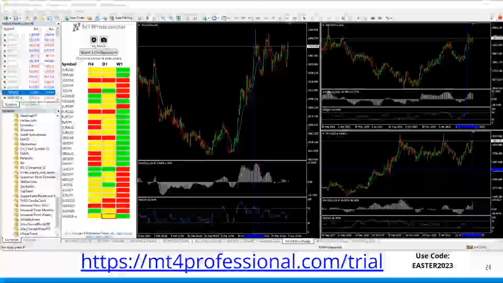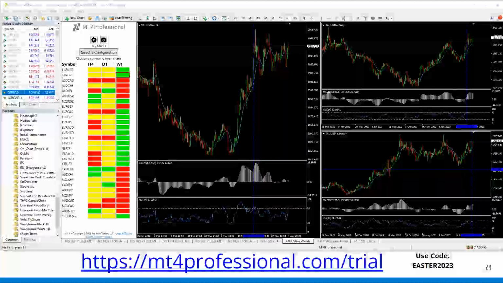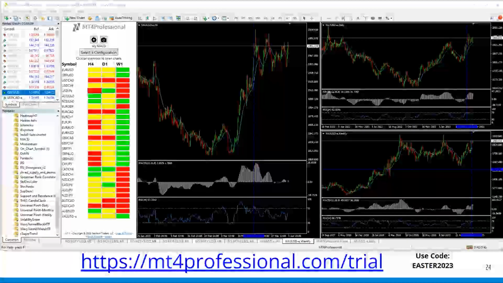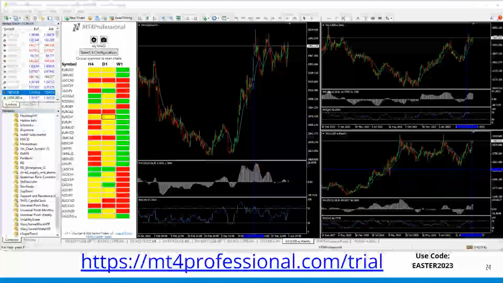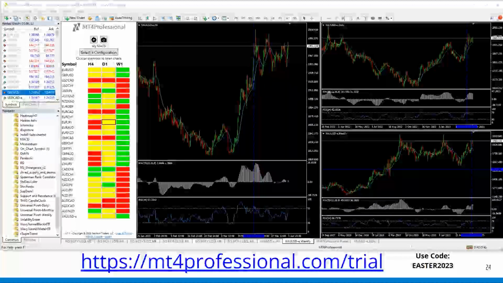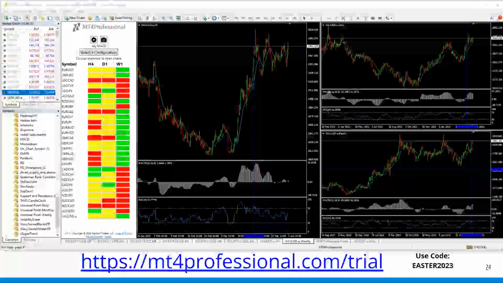Multiple strategies can be traded as EAs. Yes, it can. Well, yes, if you have several different strategies running, you can have several different strategies running at the same time.